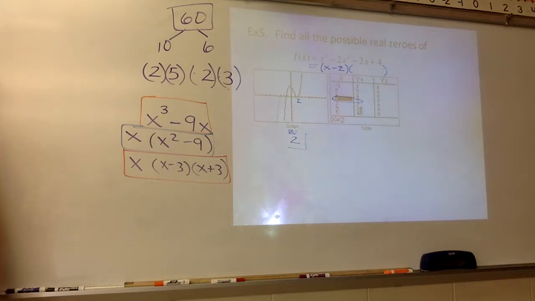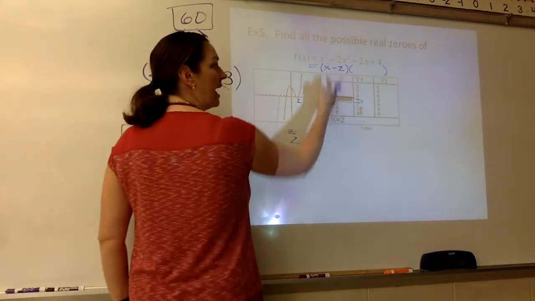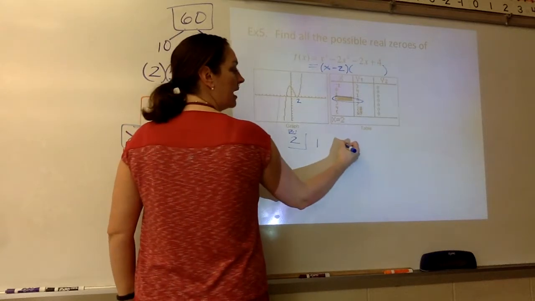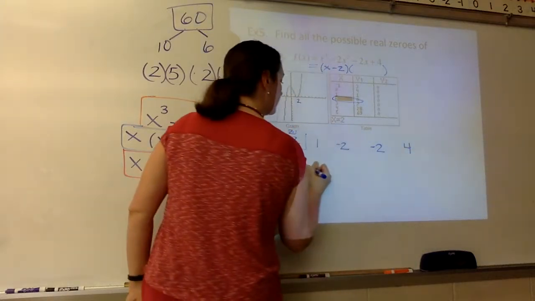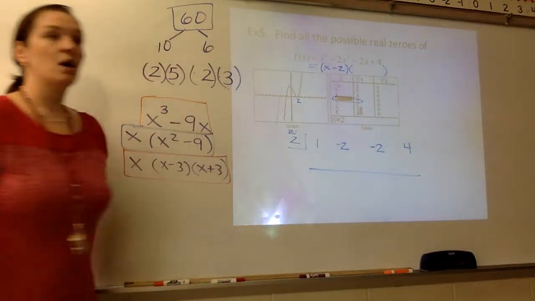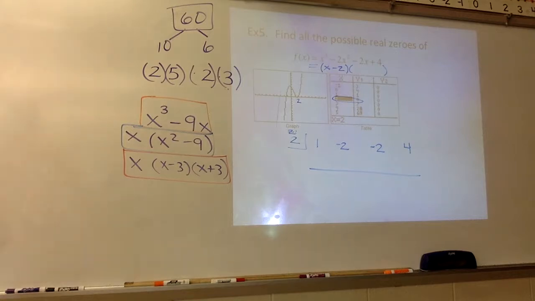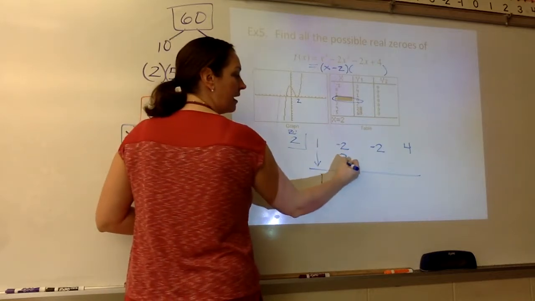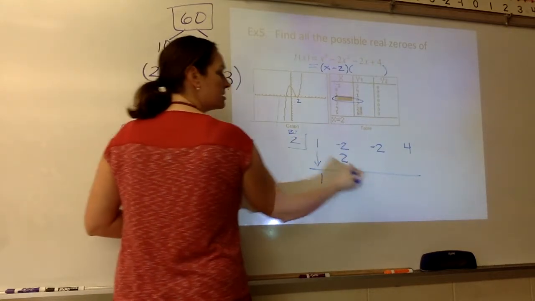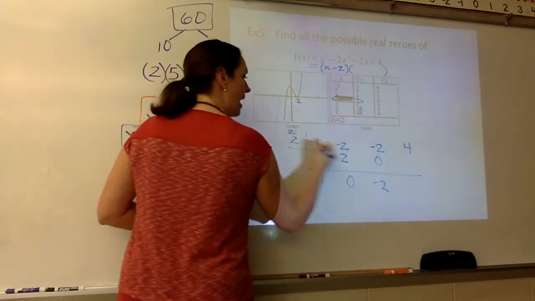What are the numbers I would write underneath? 1, x cubed. -2, -2, and 4. Leave a space, draw my line. Any questions on that setup for synthetic division? Yes, no, maybe? Okay, so we'll quickly do this. You bring down the 1, multiply, add, multiply, add,